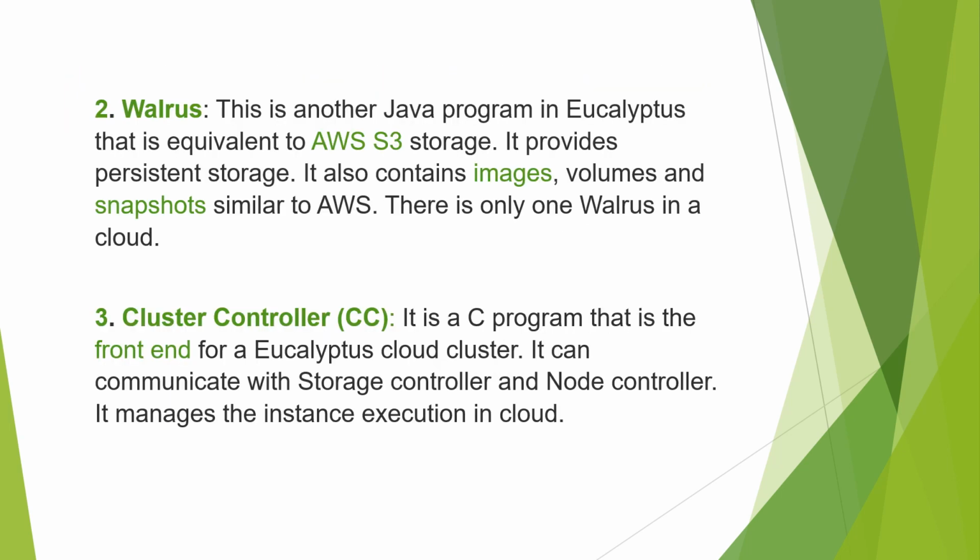So now moving on to the next component of the architecture, it is Walrus. Walrus is for storage purposes. It is equivalent to AWS S3 storage, that is Amazon Web Services simple storage system. It has images, machine images, volume, snapshots. क्यों करता है ये machine images और snapshots को contain? क्योंकि snapshots and machine images are mainly used for creating checkpoints. If there is any disaster occurring in this architecture, you can, and we want to recover that. So these snapshots and machine images will be useful for that recovery purpose.